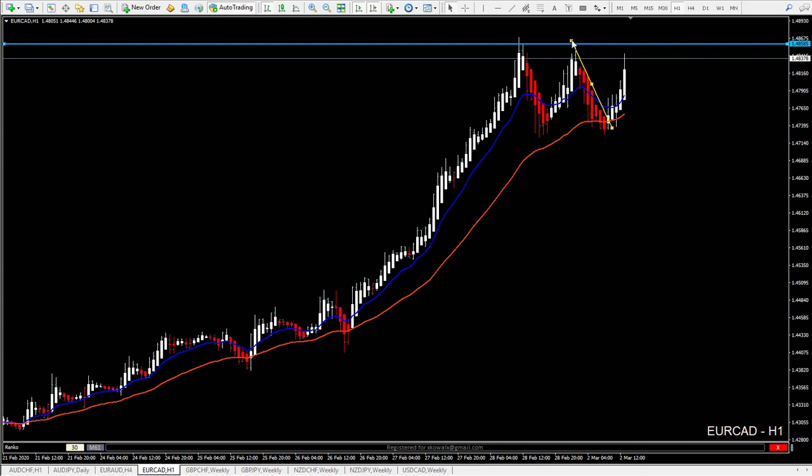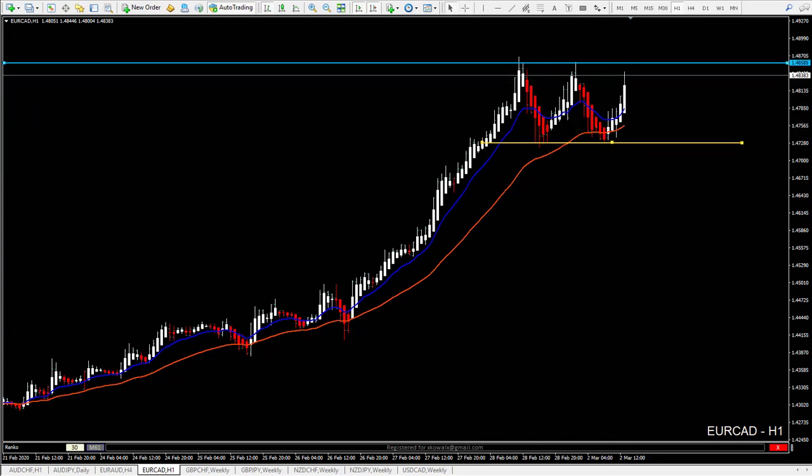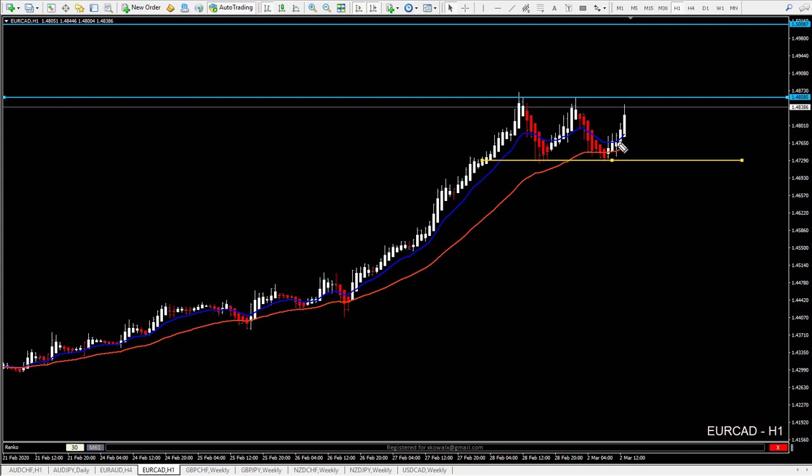But what I would also like to show you here is what we don't have yet on the Euro Aussie, but we might have. So EURCAD is good to, if you see that price is reaching this point, look for the short bounce entries. And if we don't have breakouts, yes. If we have breakouts, then of course what we do, we wait for the 1 hour chart 1 to 3 here, and then we try to look for lower time frame long entries,